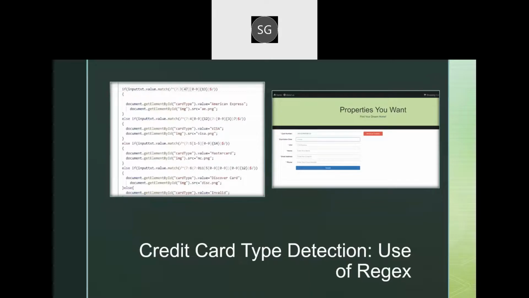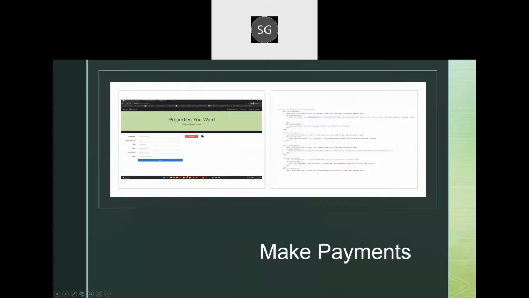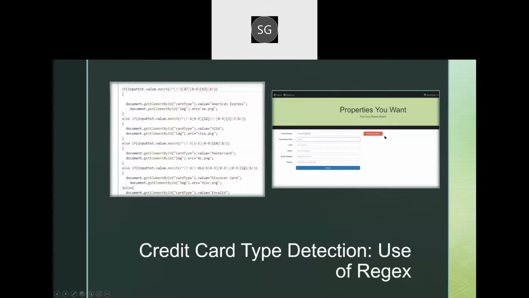So here, another interesting feature that we have in our system, that is based on the credit card details that have been put, we can identify which type of card it is. So for implementing this, we are using regex and comparing functions to see if the inserted card is American Express, Visa, MasterCard, Discover, anything. So in this button, you can see initially it was card type, no card was given here. Later on, it was American Express. It detected based on the number given here.